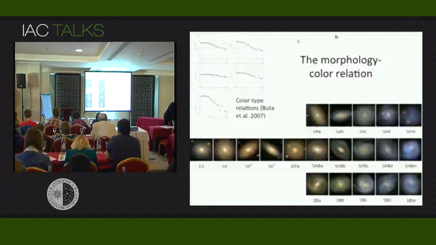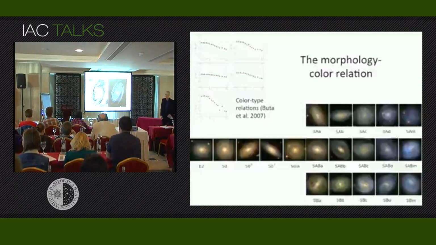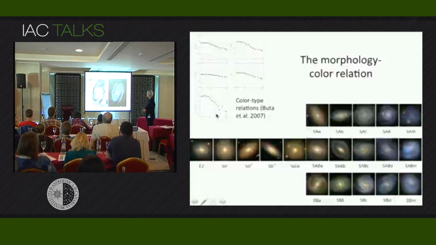So I want to talk a little bit about that. And one of the things that's fun is the morphology color relation. Now, in the past, you would have those diagrams at the upper left. These are mean colors versus Hubble type, coded on the RC3 numerical scale, where t equals -5 on the left are ellipticals, and t equals 10 on the right of those plots are Magellanic irregulars, and all the other types are in between. And you have B minus V, U minus B, V minus R, V minus I, and B,